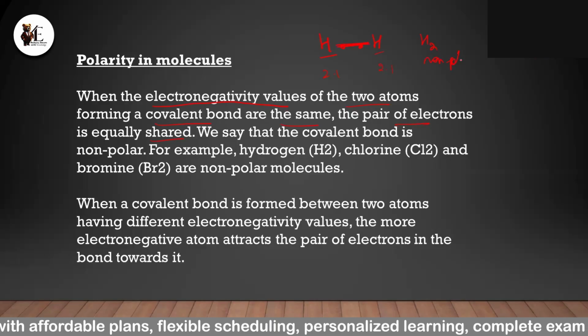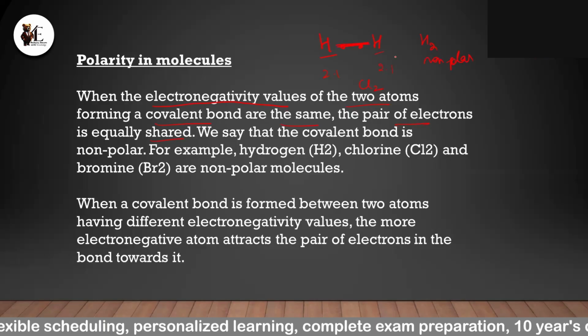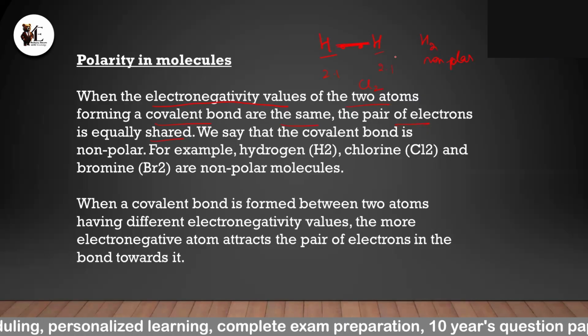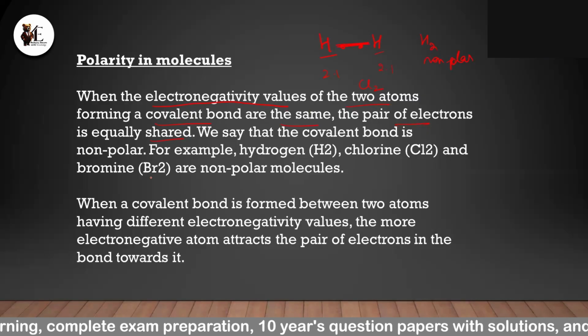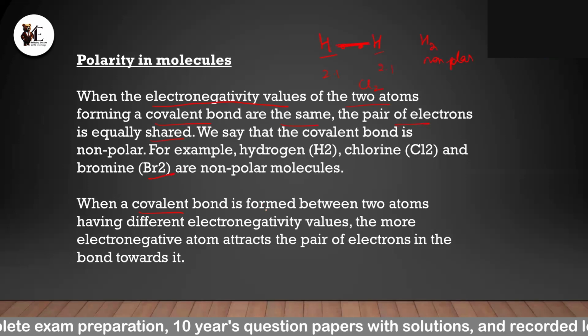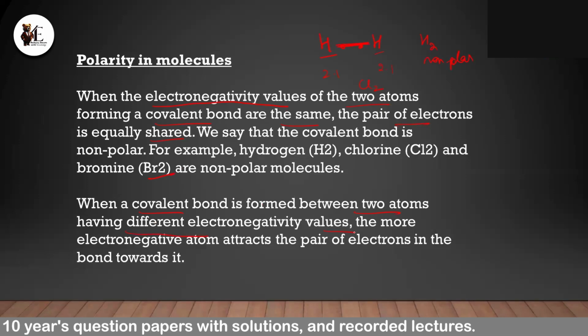No poles are developed here. Similarly for chlorine, Cl2, because both the chlorine atoms have the same electronegativity. They are attracting the shared pair of electrons equally, so no poles are forming. Bromine is also non-polar. But when a covalent bond is formed between two atoms having different electronegativity values, then the